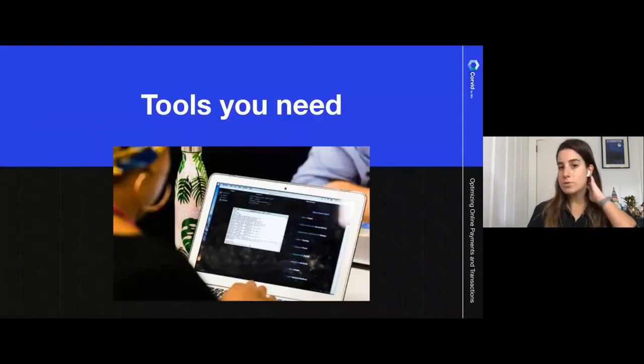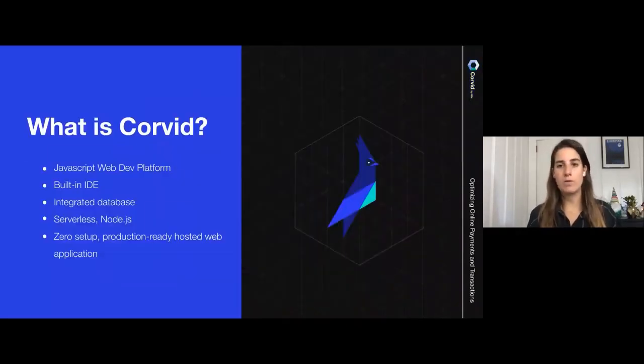Tools that you can use to do this. This is where Corvid comes into play. Corvid is our JavaScript web development platform on top of your Wix site. If you've used Wix before, you know that it's a drag and drop editor. It's really easy to add components or even stores to your website. But if you need to customize that experience beyond the standard out-of-the-box Wix solution, Corvid enables you